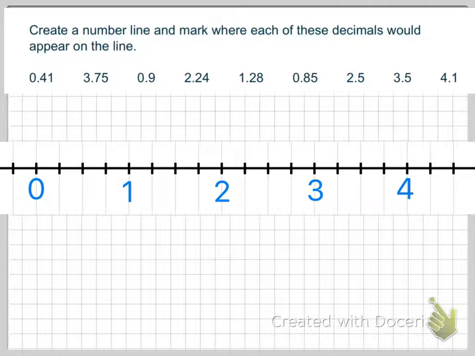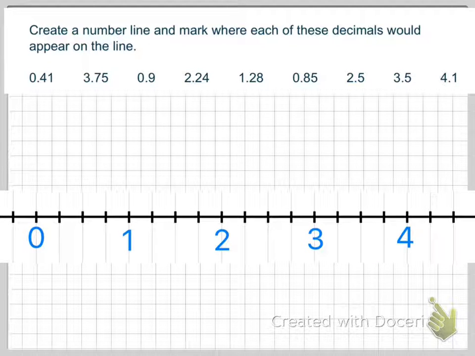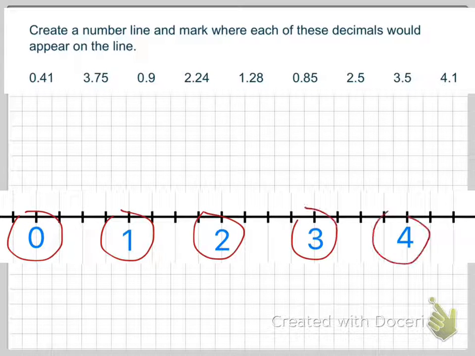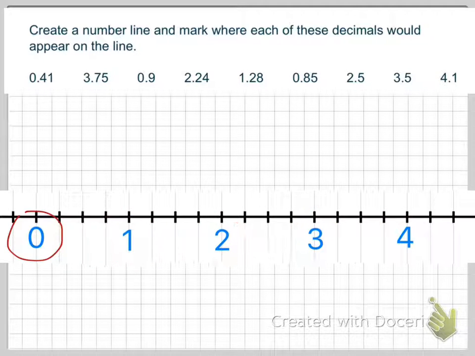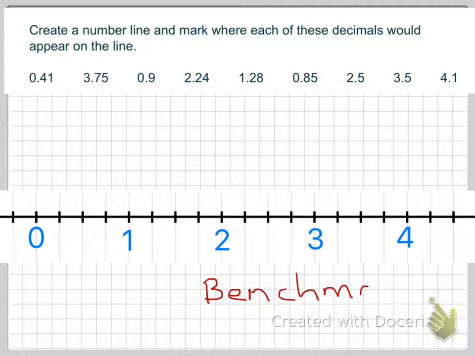This is a number line I made using the Numberline app in the MathCentrum app. So I have my numbers, and I decided to include some numbers that aren't in the question. 0, 1, 2, 3, and 4. Now the reason I decided to include those numbers is because we can think of them as benchmark numbers for this question. A benchmark is just a number that you can use to compare other numbers to. So these numbers are going to make it a lot easier for me to place the numbers in the question